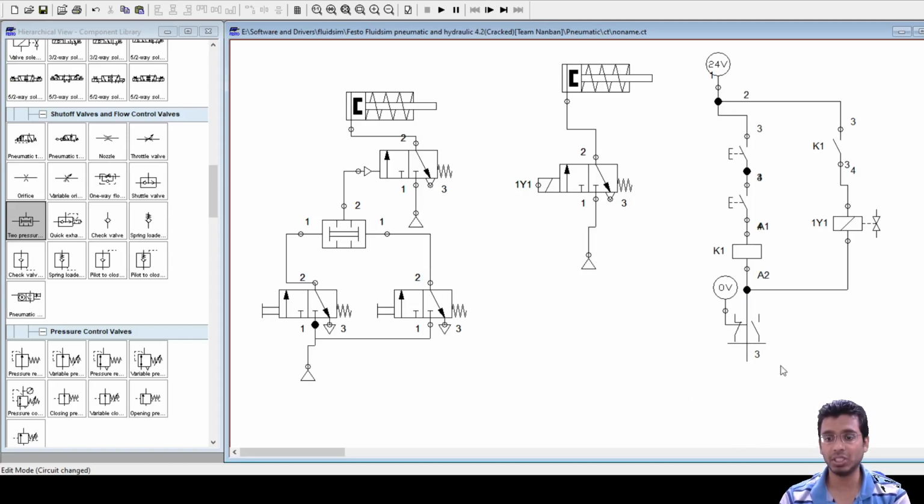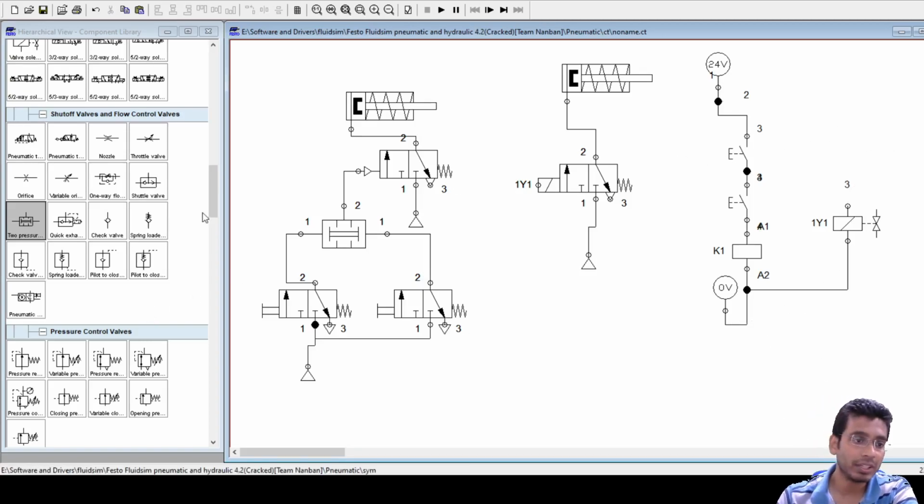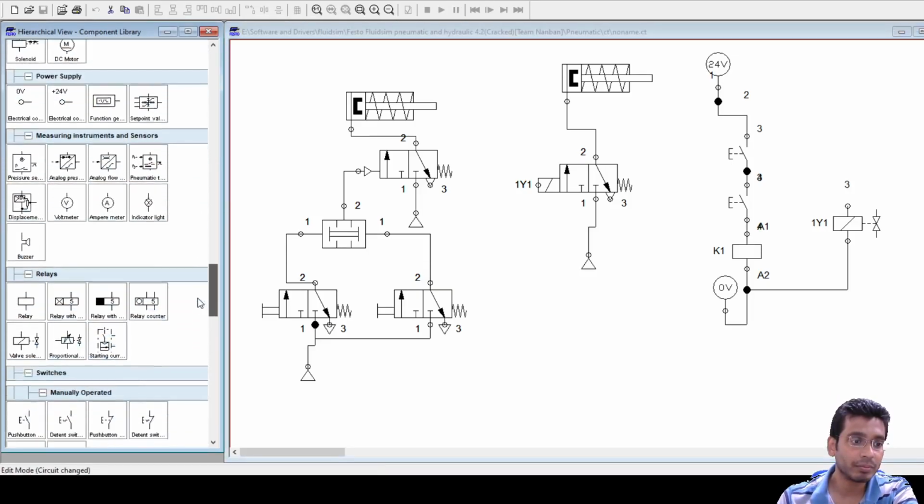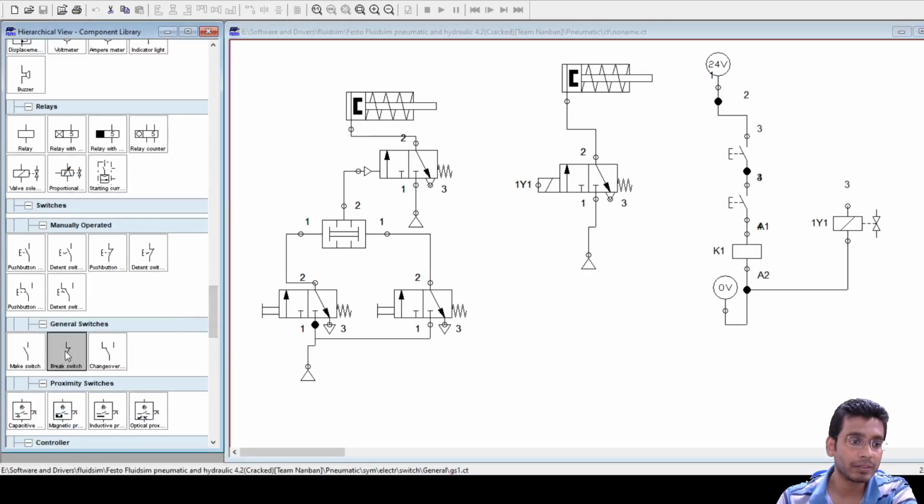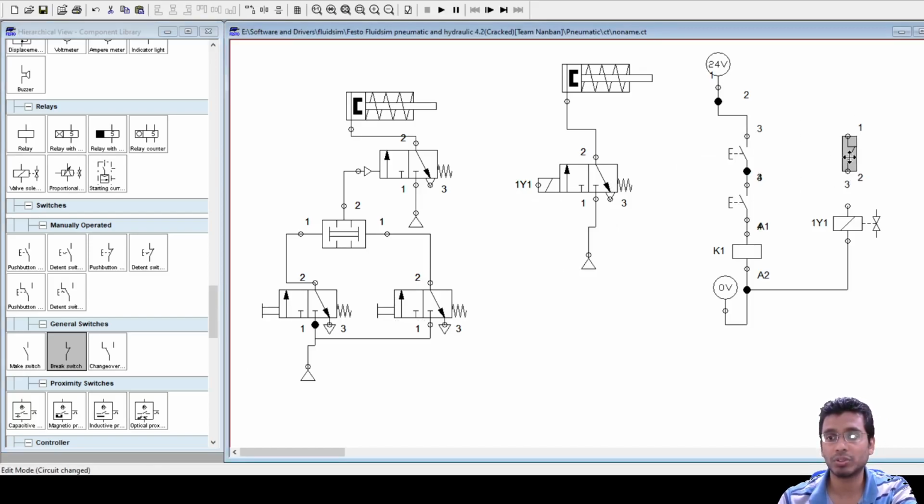For example, if you see, just notice here, right now a 3 is written here. If I try to replace this switch with a break switch, or a normally closed contact here, and if I name that as K1, fine.